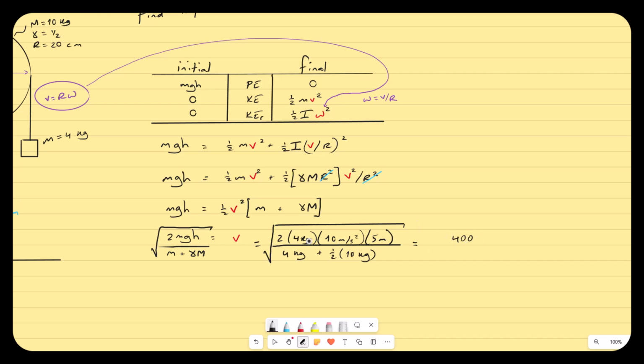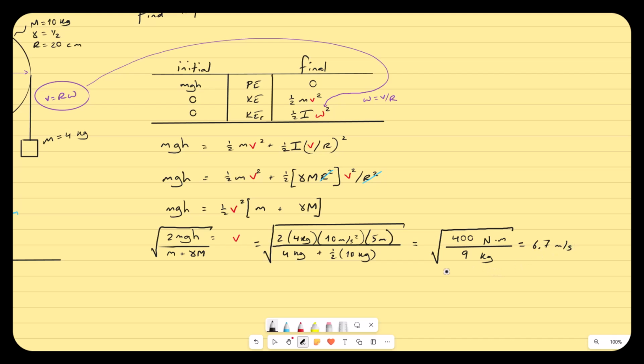And that is kilogram meter per second squared, a newton, times a meter. And on the bottom, I get 4 plus half of 10, so 9. 400 over 9 is 44.4, and when I take the square root of that, I get 6.7